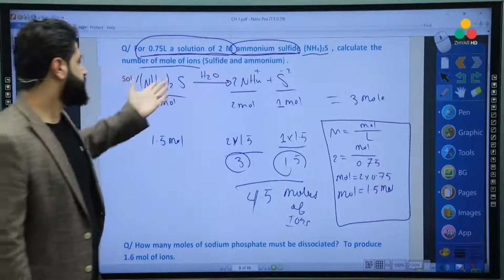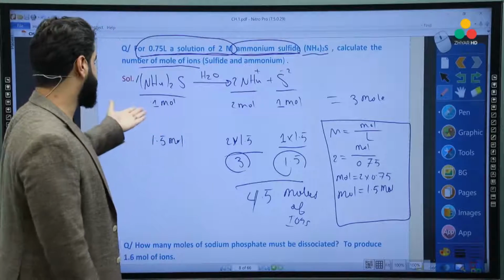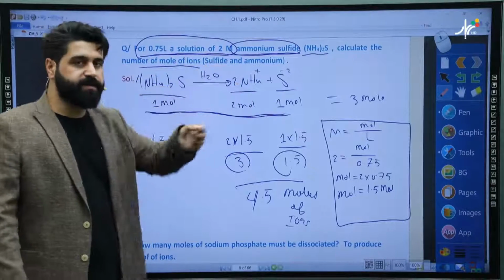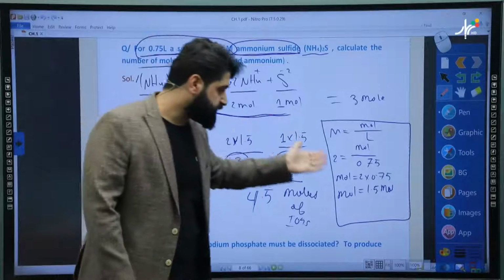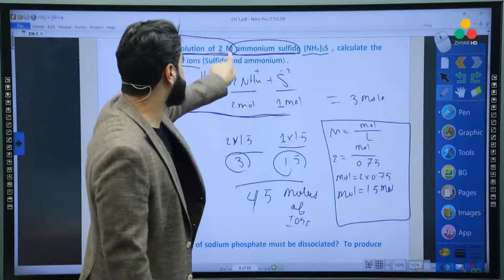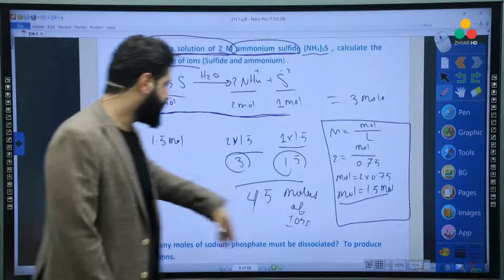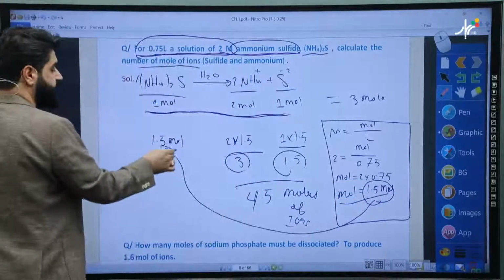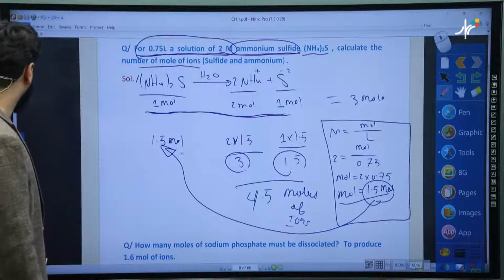Look, first step, write the dissociation reaction for 1 mole of your compound, then make your calculation for that mole, and after that, read the question. We're going to see a number in units of mole. If not, you have to turn it into number of mole. Because in this question we have liter and molarity, we convert that information into number of mole. Then we have to use this number and make your mathematical operation to get the last result. Well,